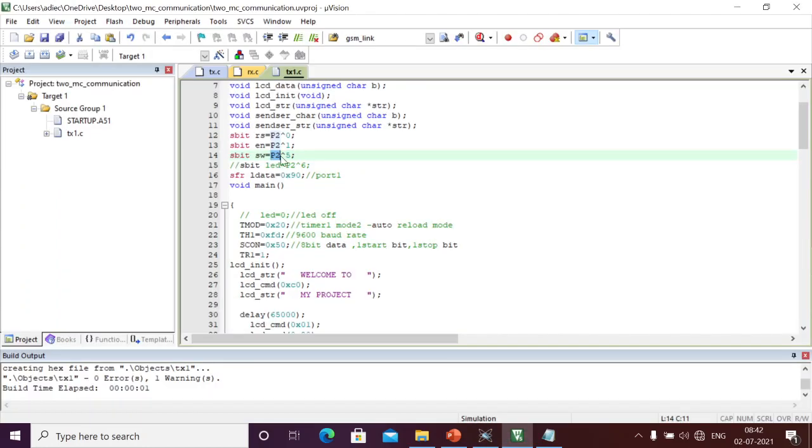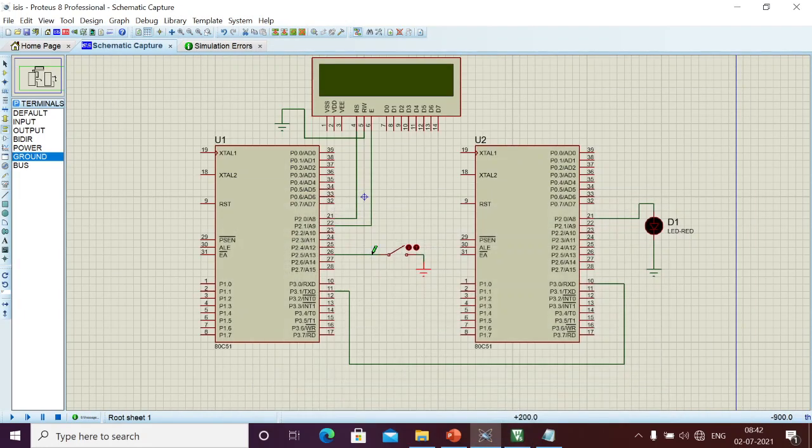Let us verify: 2.5 was connected to the switch. Yes, it's fine. Next, the remaining pins, all of port 1, we should connect to the LCD. So I will move this part a little bit to the front.